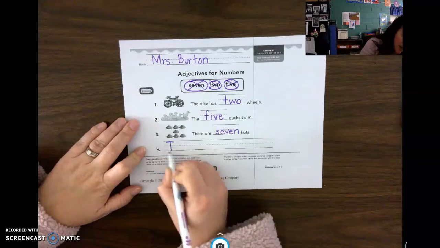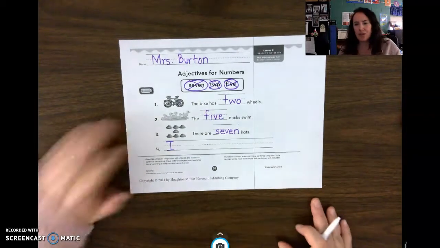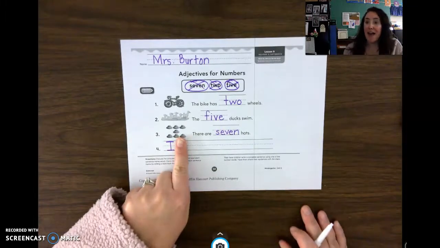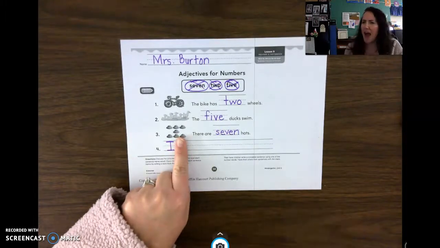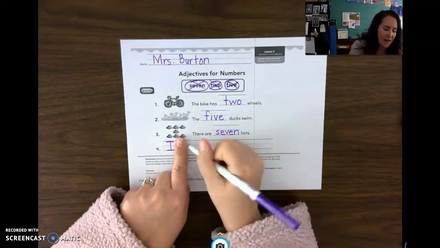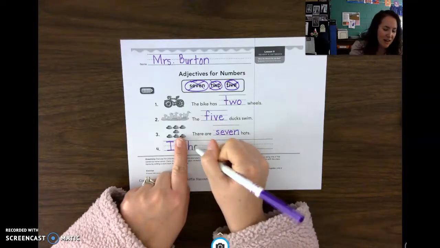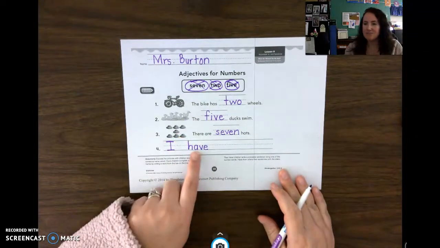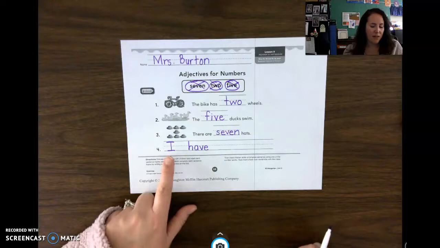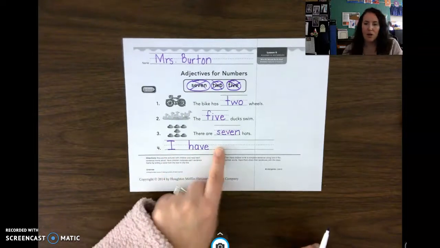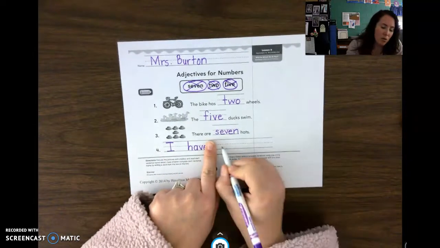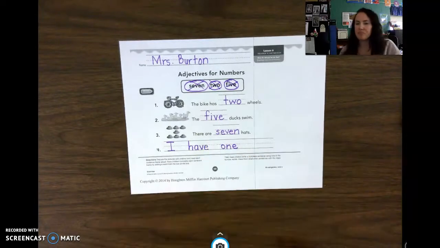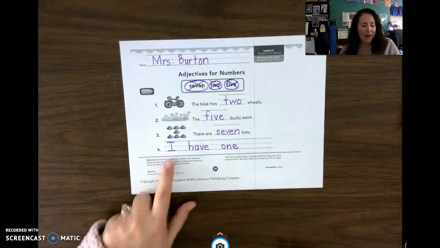What was our first word? I. We're going to make an uppercase I to start our sentence. And we're going to put a finger space. What was our next word? I have. What does have start with? H-A-V-E. All lowercase. I have one. The number word one is spelled O-N-E. I have one